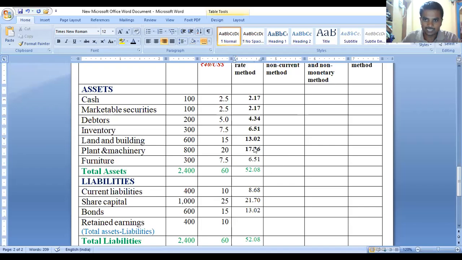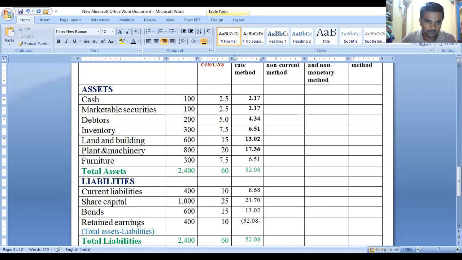Now we need to calculate total assets. Then what is the total liabilities? So here you can take 52.08 minus, this is total assets. You should take in black. So minus. So first we need to have